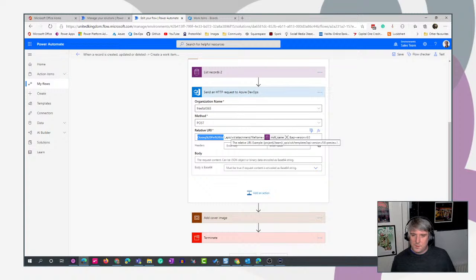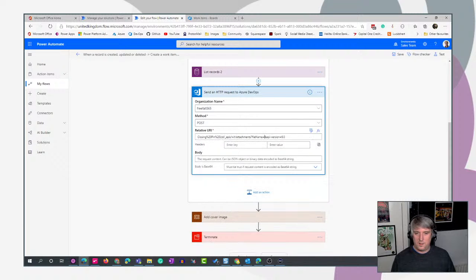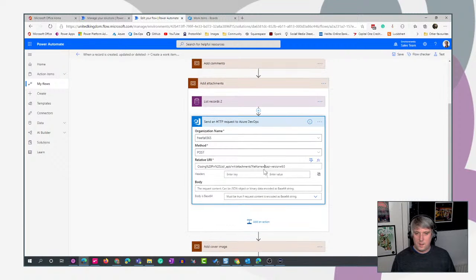APIs, same as before, WIT, attachments. Now that's different because remember last time when we did an HTTP request, we specified the work item and the work item ID. We're not doing that this time because there isn't a method to post directly to the work item. So we're doing WIT / attachments, then the file name, let's just take that out, make sure we're getting the right one,